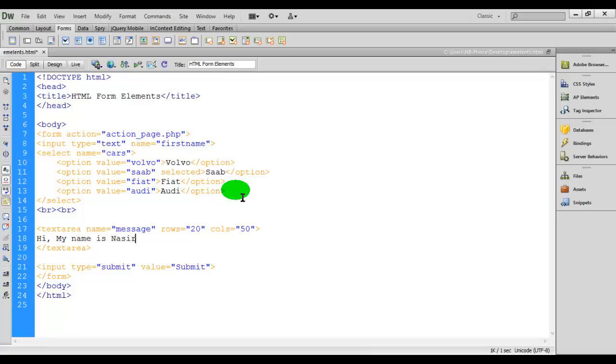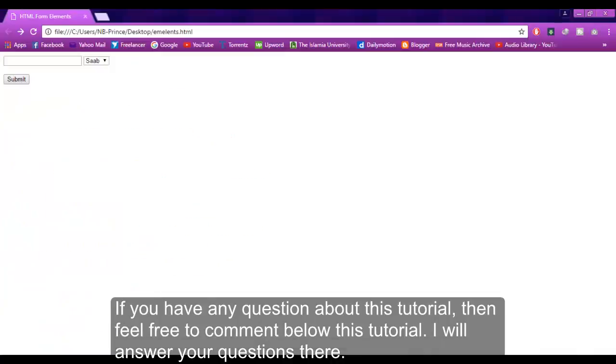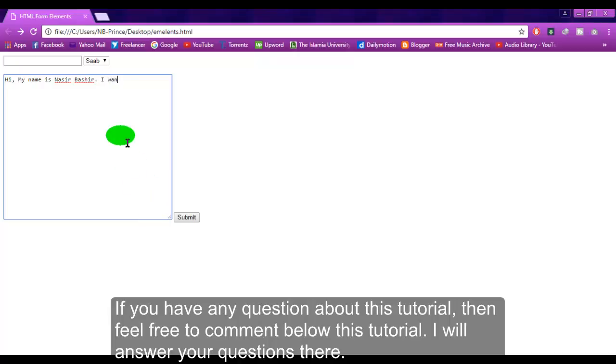Let's say my name is Nasir, and you want to send this message to someone else, and you do not want to write this sentence again, then it is predefined for your text message. Now let's save and see this in the browser. Refresh, and you can see that the text automatically appears in the text area, and you can also write other text in this box.